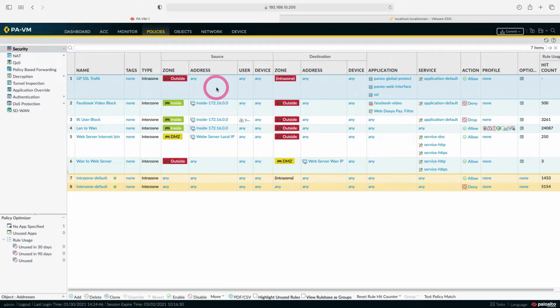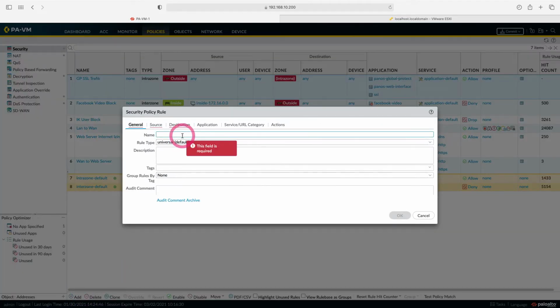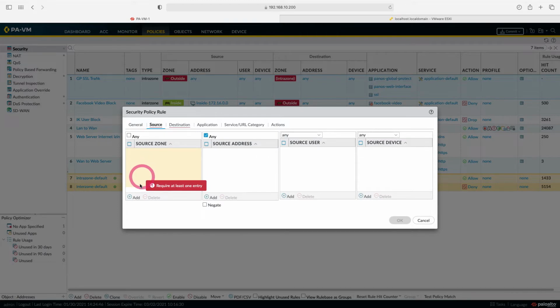Now let's create one rule for our users' traffic. I say add. I'm typing VPN users in the name. Let's choose the rule type Interzone. Let's go to source and choose our zone. Here, I choose VPN user and inside. The reason why I do it this way: normally, we need to write two rules for both outbound and inbound directions, but by writing a single rule, we will allow traffic in both outbound and inbound directions, so I do it this way.